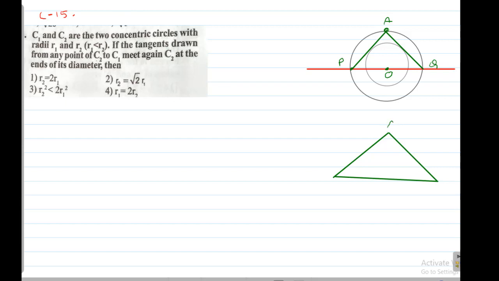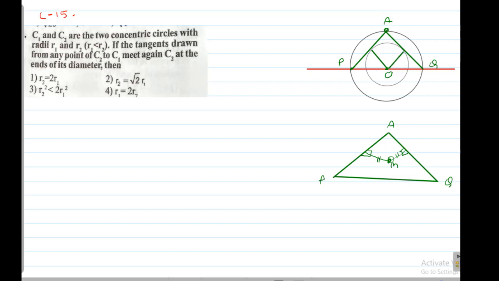Yeah, see here, APQ triangle. For example, take any interior point. If this point is equidistant from sides AP and AQ, we can say that this point will fall on the angular bisector of A. Every point on the angular bisector is equidistant from its arms, no? That's why if for some point M this length is equal to this, you can say that point M is on the angular bisector of PAQ. Here observe, students, join O and the point of tangency.